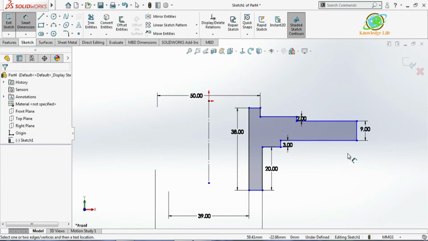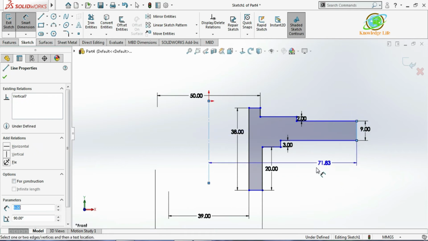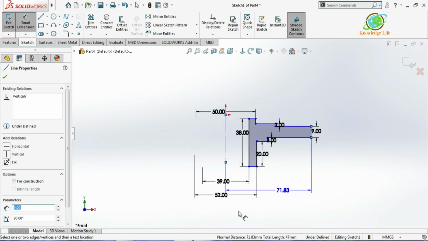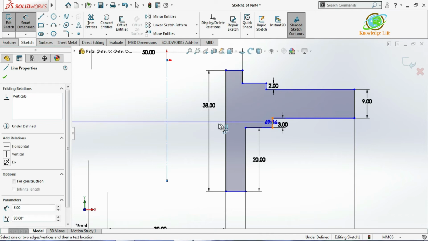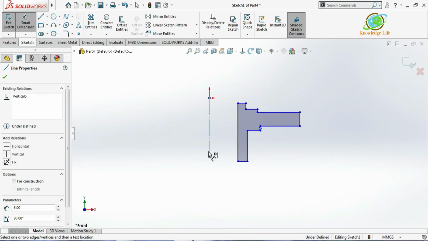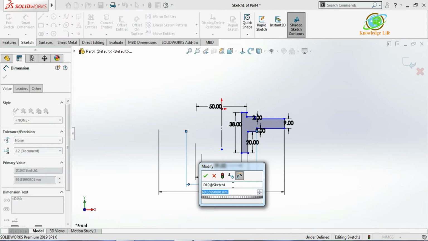Now you can see it's still not fully defined. The reason is we need to give some other dimensions also. For this you can see, from here to here, having the diameter 61. You can give the value here 61.